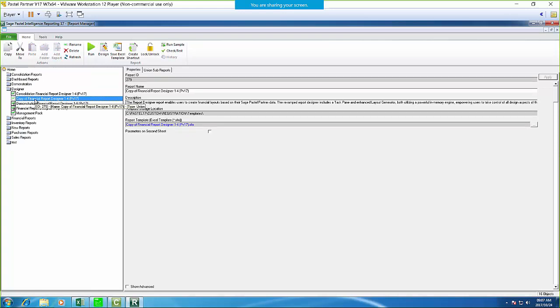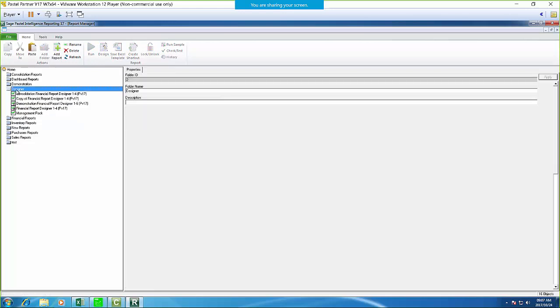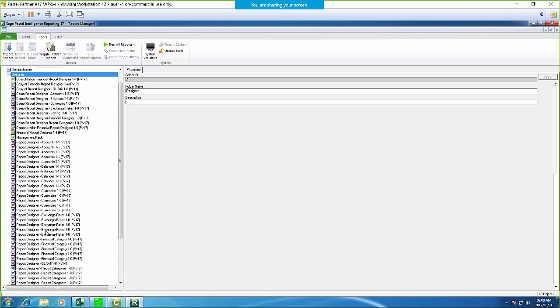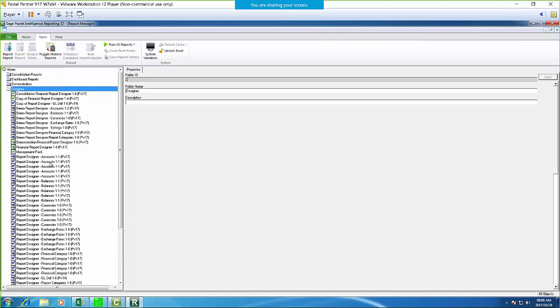Now what I want to do is export this report and import it into a separate folder. The reason I say a separate folder is because we're going to go into the sub-reports. If I look at the designer's folder and all the sub-reports that are hidden, you'll see there's quite a lot to go through, and you don't want to mess around with all those sub-reports. By clicking on the folder and going to Tools, I can toggle Hidden Reports, and you can see there's loads of sub-reports there that I don't necessarily want to go and try and find the correct one. So what I can do